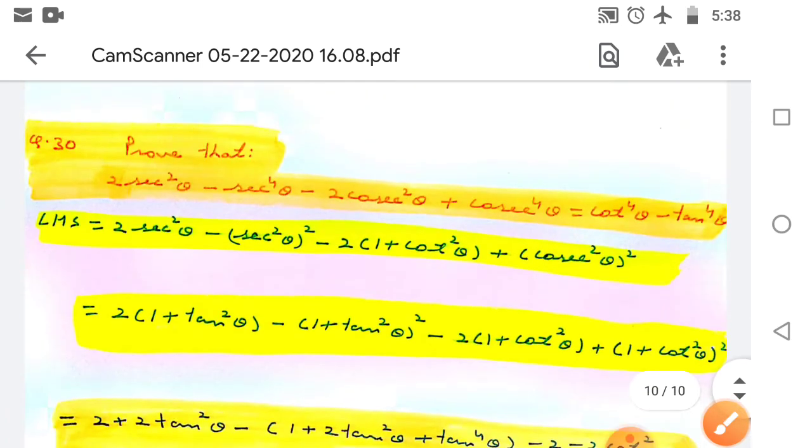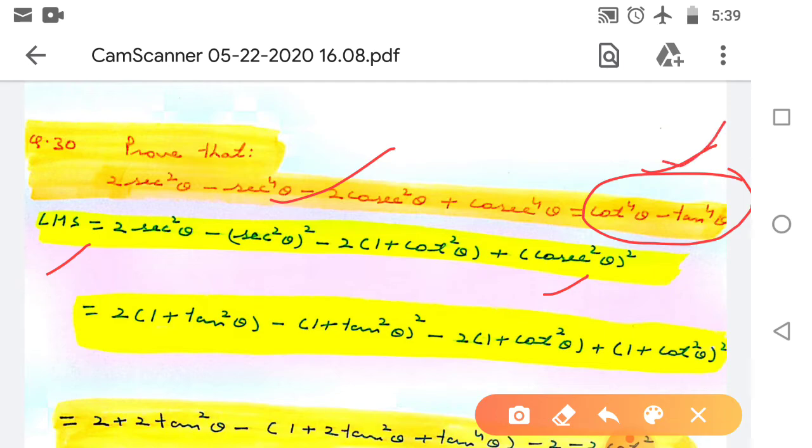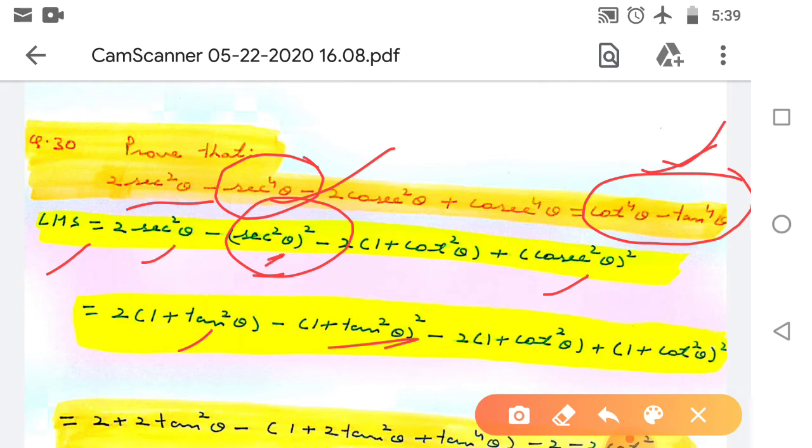So, in this type of question, the left hand side is this and the right hand side is this, and we know on the right hand side we need cot and tan. So, we have to do something here with the LHS so that we get this. Clear? Sec square theta we can finally write as 1 plus tan square theta, so no need to change. But here is sec 4 theta; instead of sec 4 theta we write sec square theta whole square. We know this sec square theta value is 1 plus tan square theta, and here cosec 4 theta